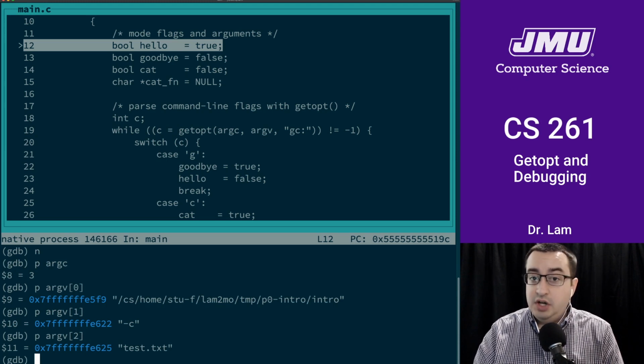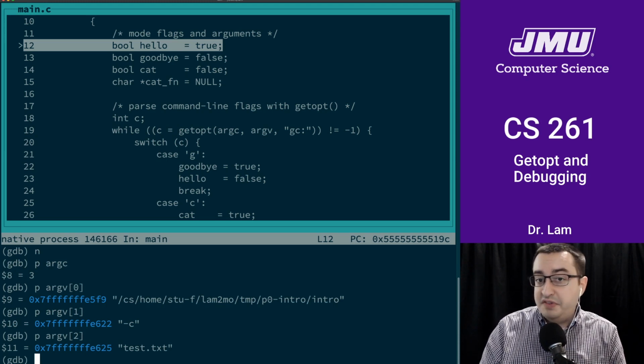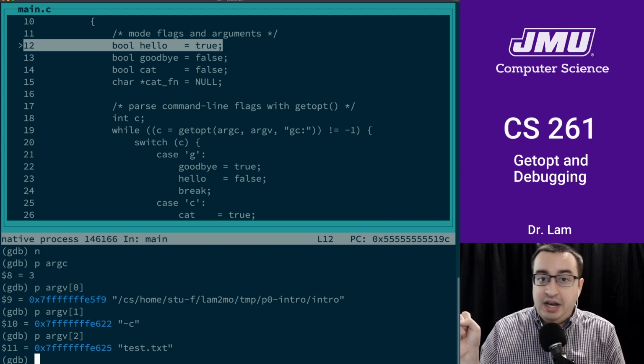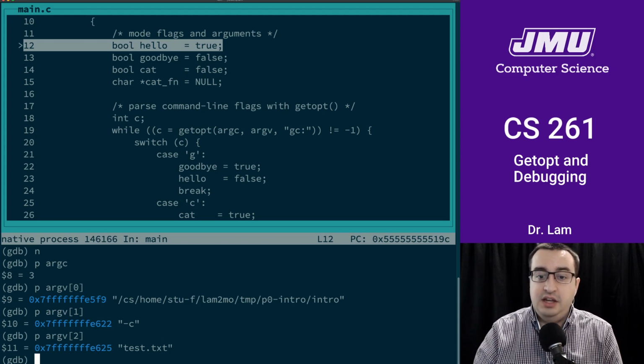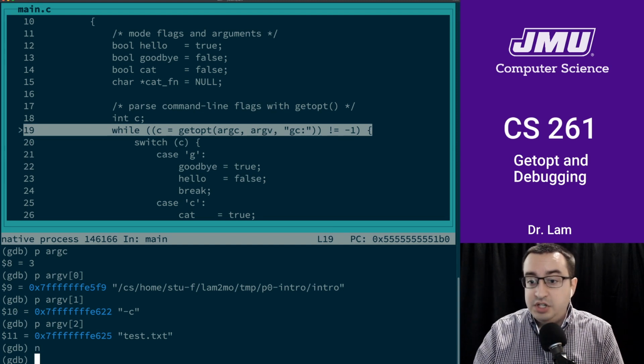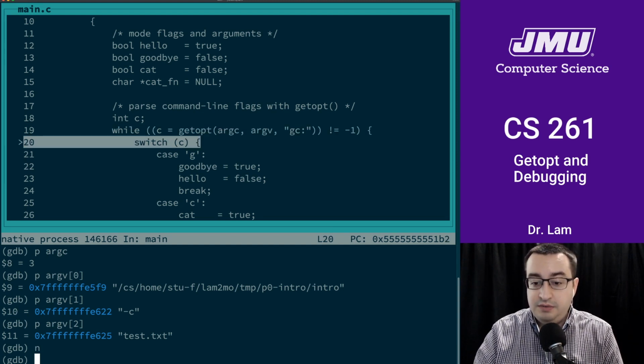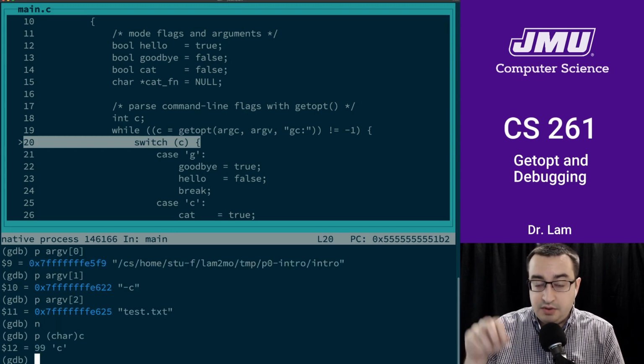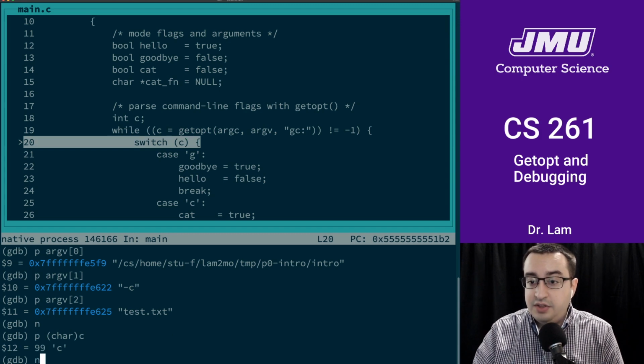And getopt is going to help us streamline our handling of this. So we don't have to look for the -C and then add 1 to get to the next thing in order to retrieve the argument. Getopt is going to handle all that for us. So let's go down to the first call to getopt, which is going to return something. And if, again, we print this as a character, we'll see that it is C. So it's the cat mode flag. So that's the case that we'll go into.